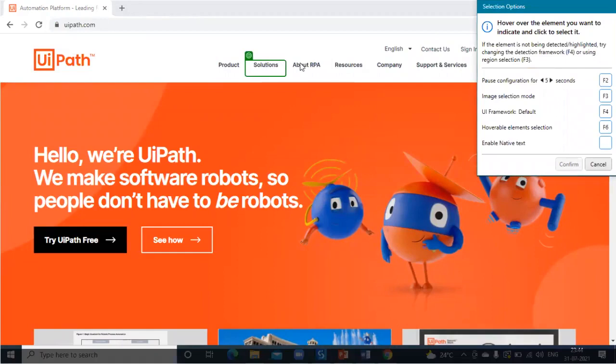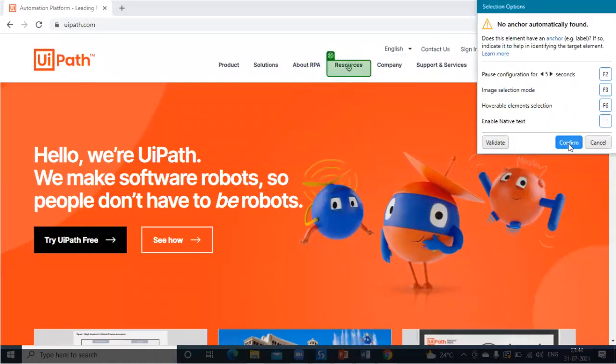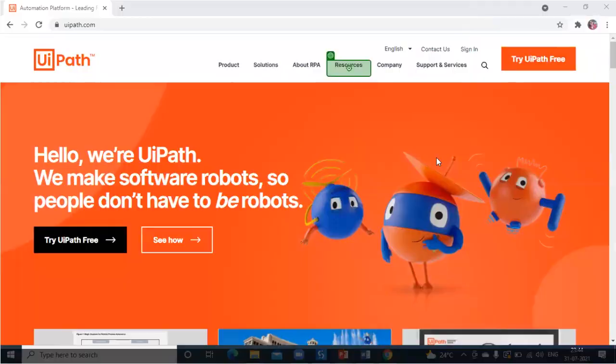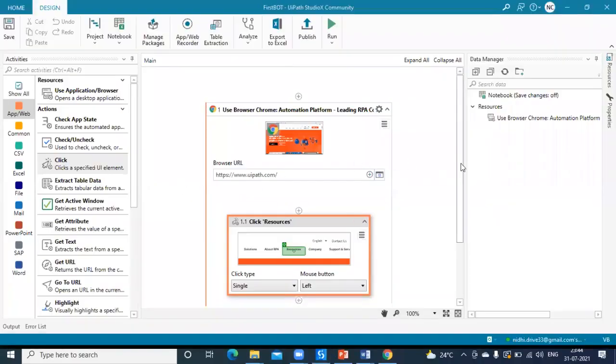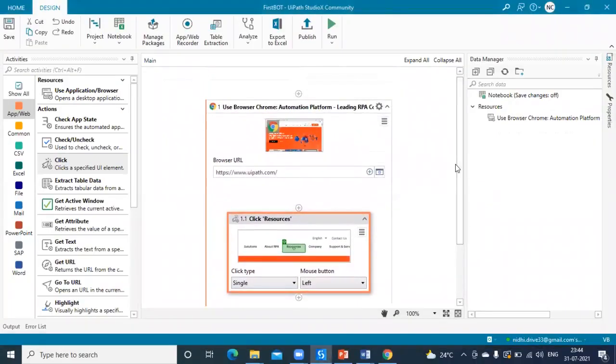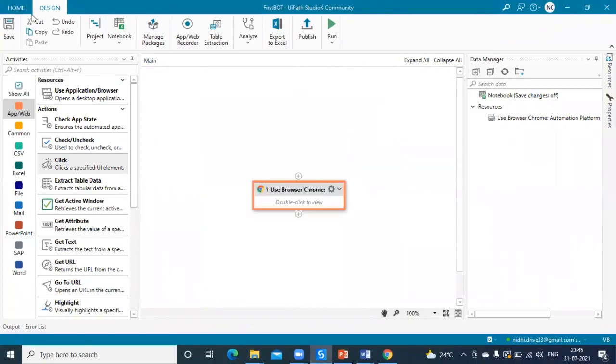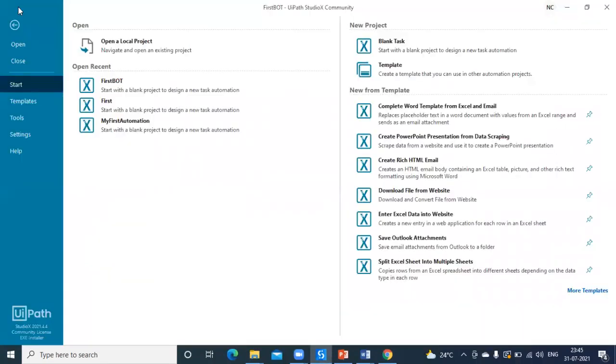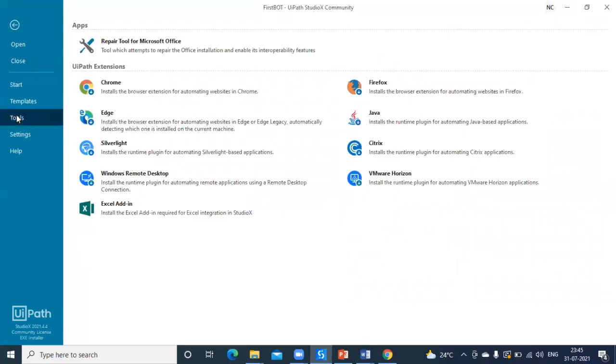So now you can see the elements can be spied easily by UiPath Studio X. You can click on them easily. So it has searched the target and we have the automation workflow ready. This is for Chrome, and now let's see what other options there are to enable it. If you go to the Tools option, you can see these are the UiPath extensions.